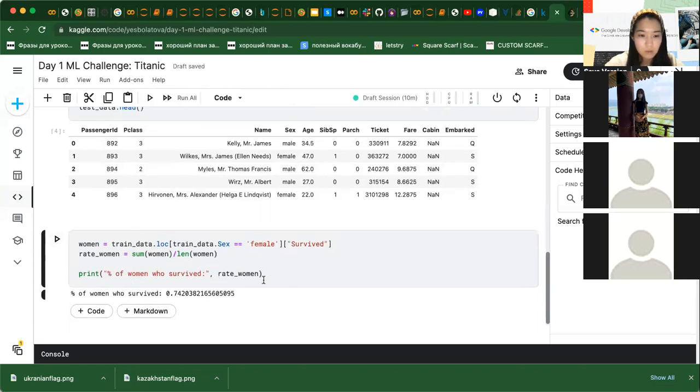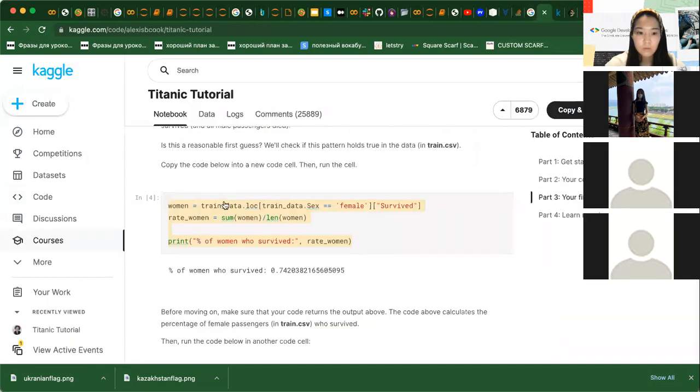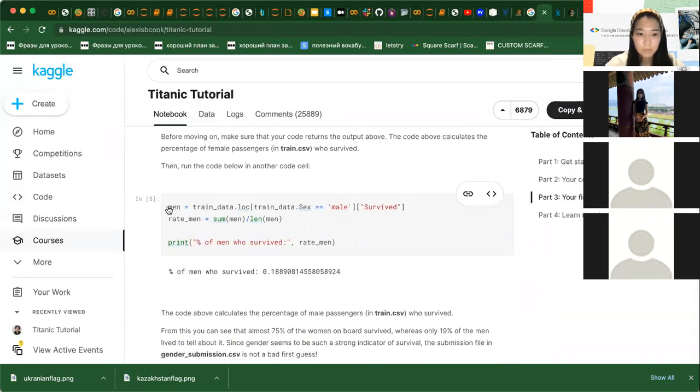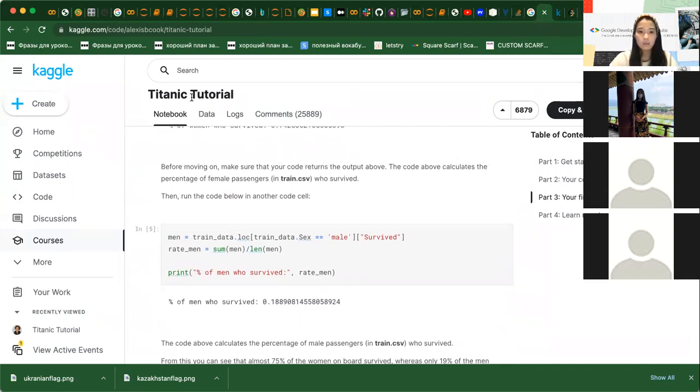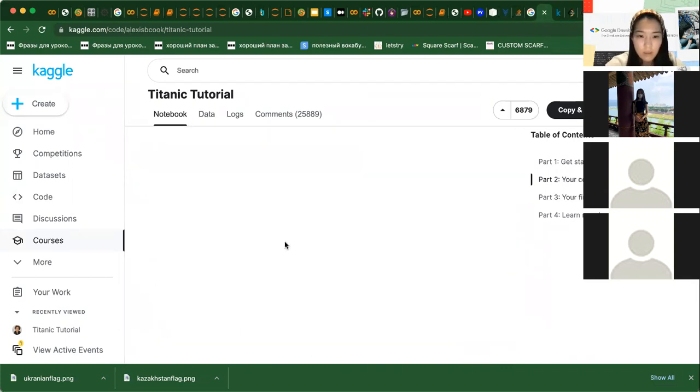Somehow just running this one by one will give us no error. Okay, so we calculated the rate of women survived. It's equal to 0.74. And then we will need to do the same for men. Why is that? Because in the Titanic tutorial explanation here,